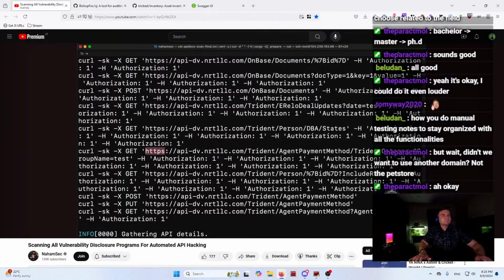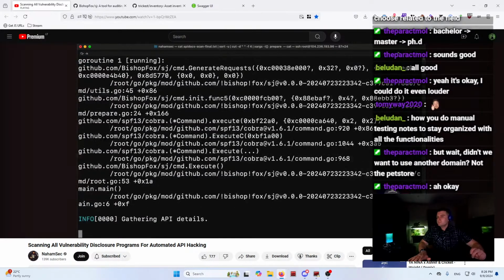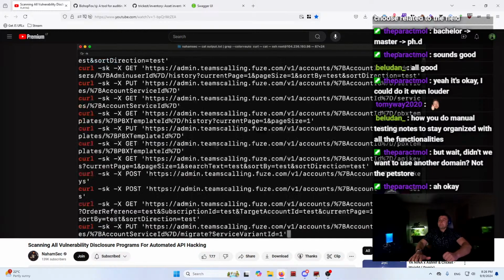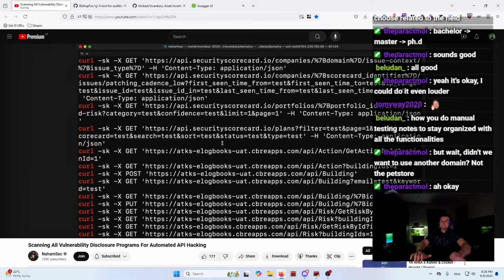For this one specifically, this is what it looks like. If I want to do authorization, I have authorization 1. I think that's what I gave it by accident. But what I can do now here is I can just do a cat for this, and I can just grep for curl, and this would be a beautiful thing to have for us because, one, now we know exactly